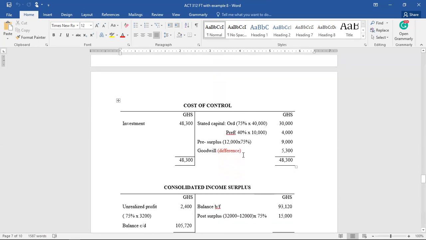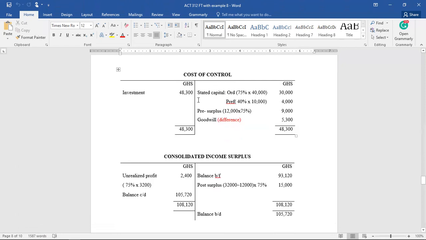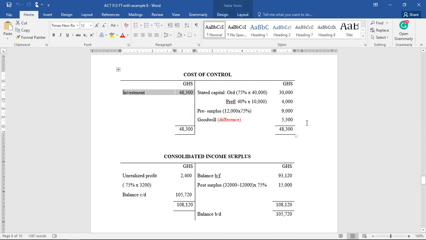Then you prepare your cost of control accounts. So this is how your cost of control account looks like. And I've explained in our earlier discussion that the investment value that comes here is that of the equities. So when you look at your additional information 1, you were told how the investment was made: 40,000 in ordinary share, 4,300 in preference share, 5,000 in debentures, and that gives you the total of 53,300. So when you are bringing 53,300 here as your investment, you are wrong. You should know that the equities are what come there. That's the 44,000 and then the 4,300.